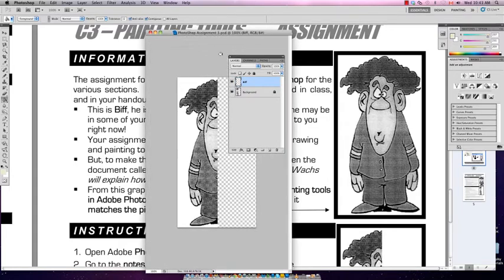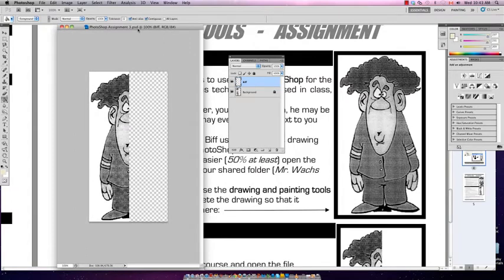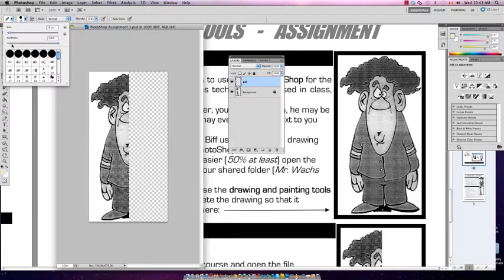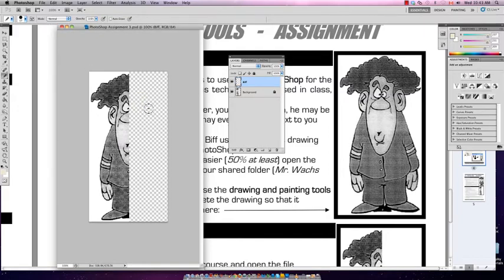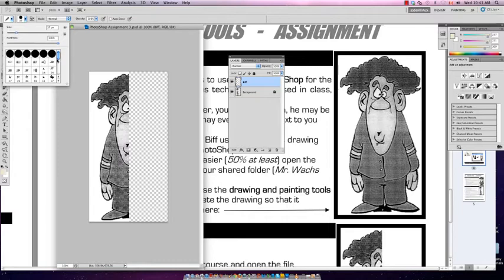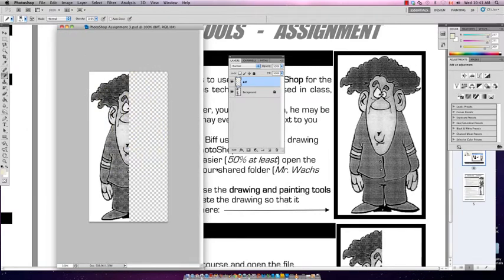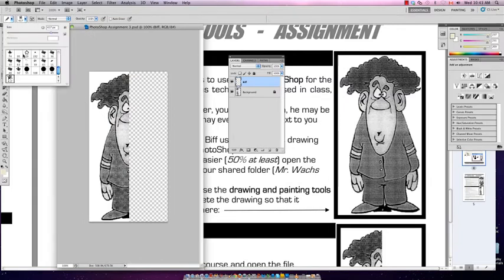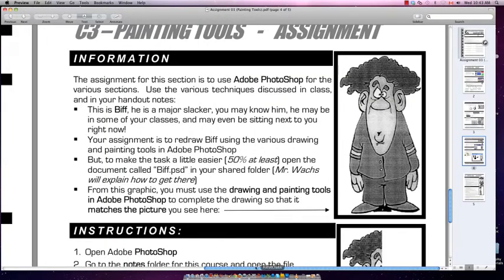So the first part of this assignment is pretty simple. You are going to select the brush tool or the pencil tool. I would recommend the pencil tool for this. It's just a little bit more precise. And up here at the top, you can change the size of the brush, and the type of brush actually. So there are various brushes here that you have access to. But I'm just going to select a simple round brush,